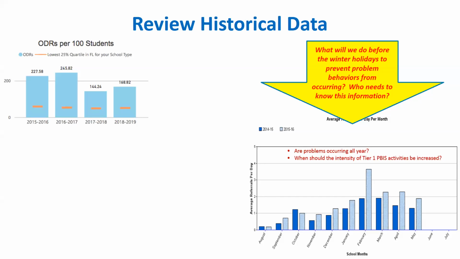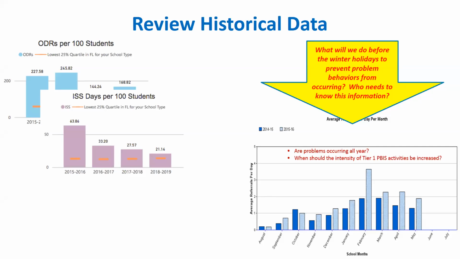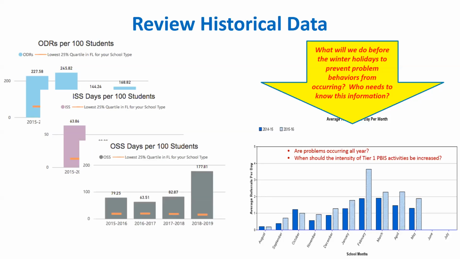Another thing we can do is go back to our historical patterns of the different sources of behavior data and look to see if we have increases or decreases in those. When a school has increasing trends in ODR and OSS rates, that should indicate that we are certainly missing something in the way we're doing our implementation. Where we have trends that are going down, it's an opportunity to take inventory as to why we're having success there. What can we do to keep that success? Are there certain practices that we want to maintain and continue to use year after year to get this kind of result? But when we have increases, we want to take a closer look to better understand why that's happening.